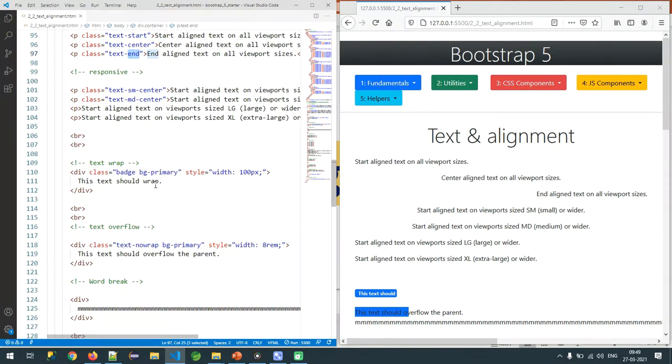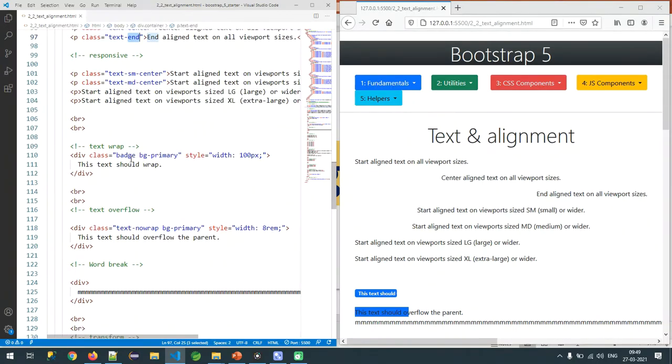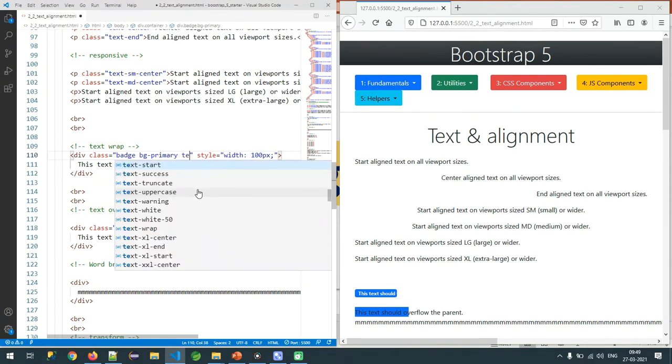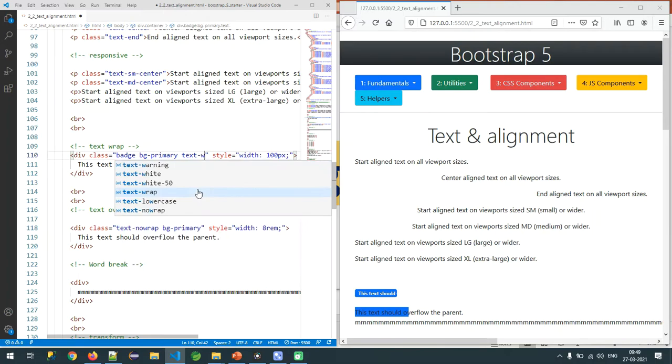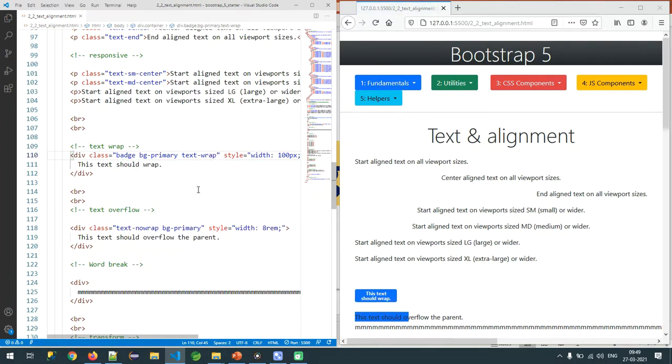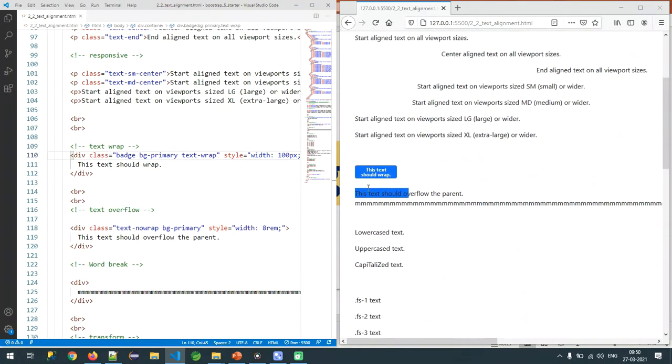Next thing. Right now, sir, I have more content. You can see the whole content should be wrapped, but right now it is displaying out of the view. Sir, how can I do this? So observe, text hyphen. What is the one we are having, sir? Wrap. Now you can see automatically the content is displaying in the same width.